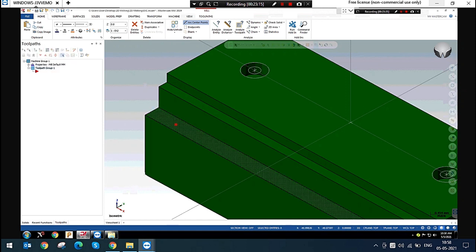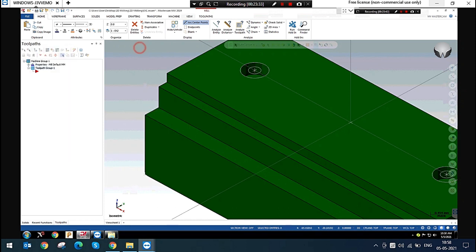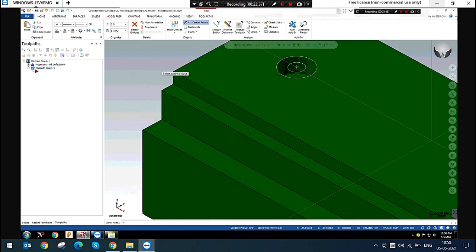Yes. So now I am checking this depth: minus 15 mm. So I want a tool with at least a 20 mm flute length, right, to machine this. Okay. So now I am checking the distance, analyze distance.